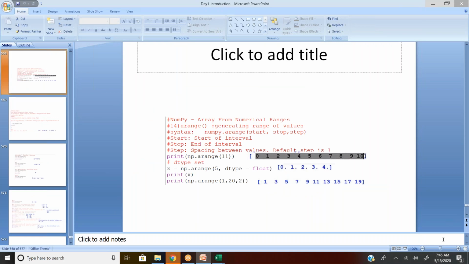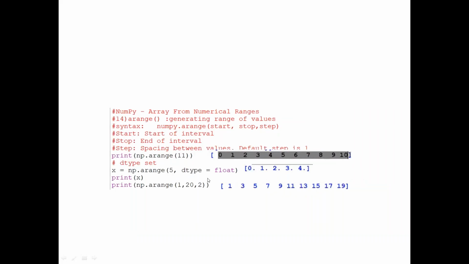What I'm trying to tell here is np.arange. There are three values: start, stop, and step. Start is going to be the starting number, stop is going to be the ending number, and step is going to be the increment number, to create a range from one number to another, like a sequential generation. You can create odd numbers or even numbers with the same arange.